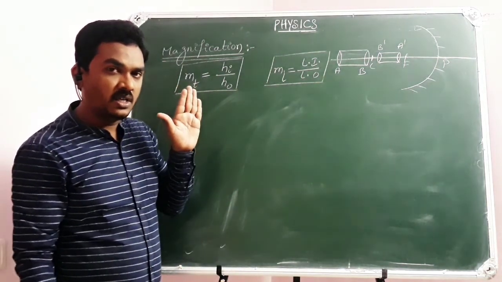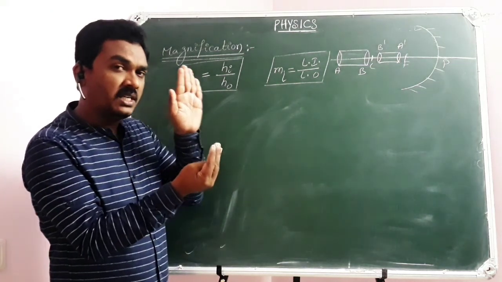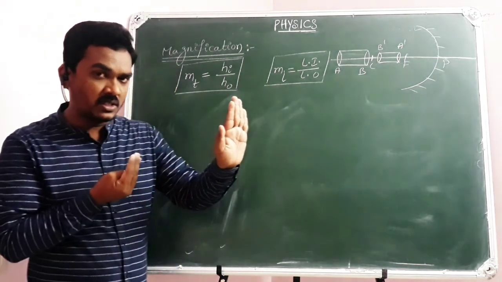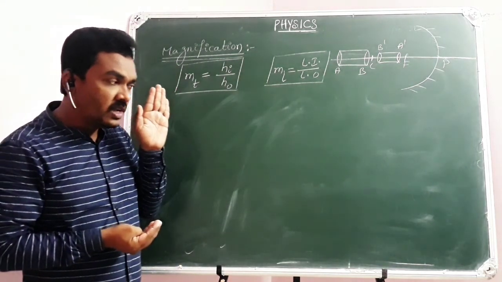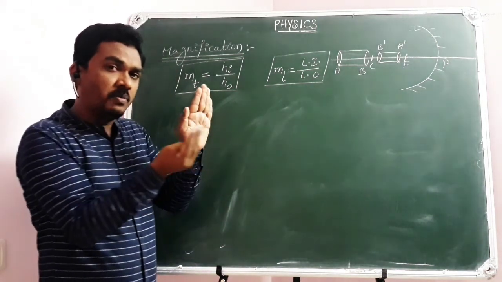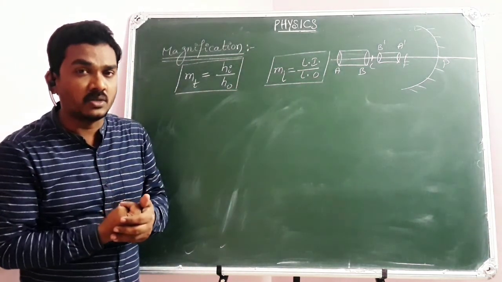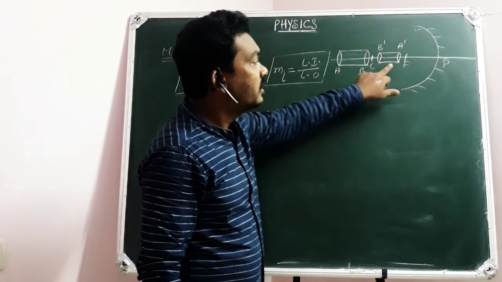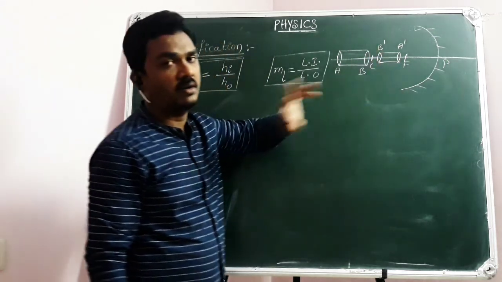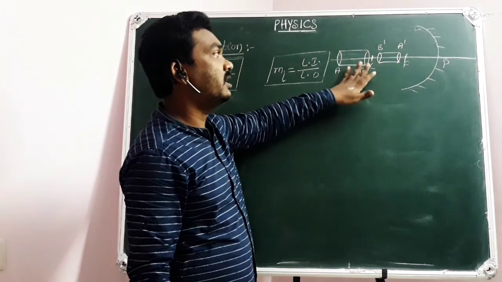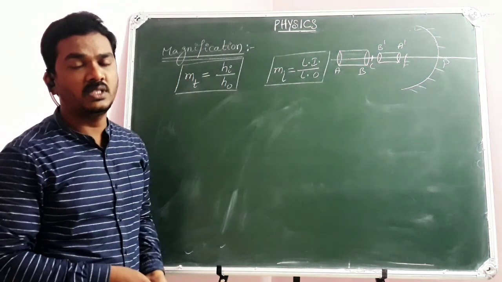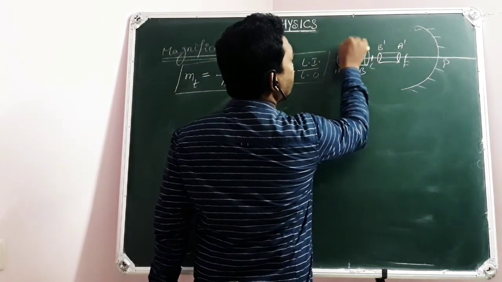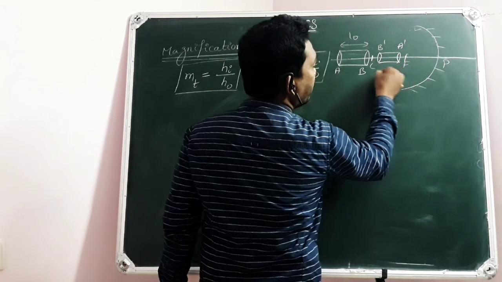When the object is beyond C, the image is in between C and F. When the object is at C, the image will be at C. When the object is between C and F, the image goes beyond C. That means if the object is moving in one direction, the image moves in the opposite direction in the case of spherical mirrors. So as A is far away from the mirror, its image will be close, and B is close to the mirror, so its image will be far. As A and B are beyond C, A dash and B dash will be between C and F. Here this is the length of the object and here this is the length of the image.